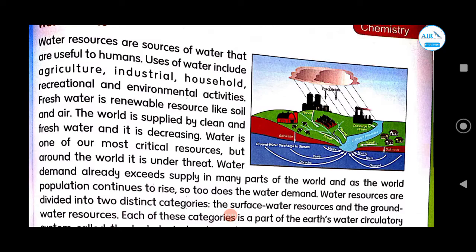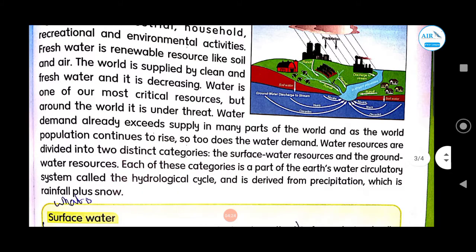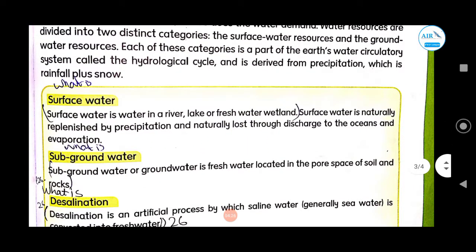What are the other sources? So other sources are the freshwater reservoirs that include underground water. Let's discuss what these sources are. There is a source that is known as surface water. Surface water is water